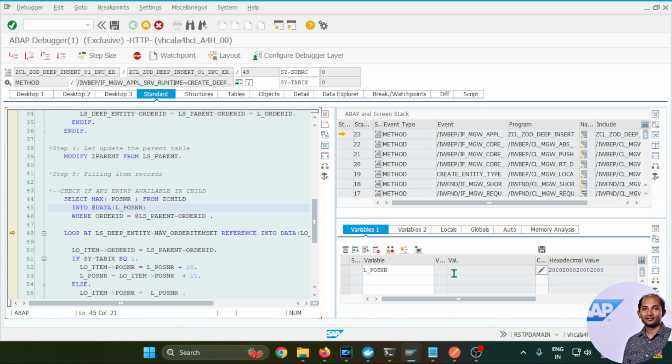So max data is coming as empty, because there is no record actually found over there. So max data comes as empty, and let's move on with the loop. And here I'll just take the 10 as the value. So the initial number will become 10,